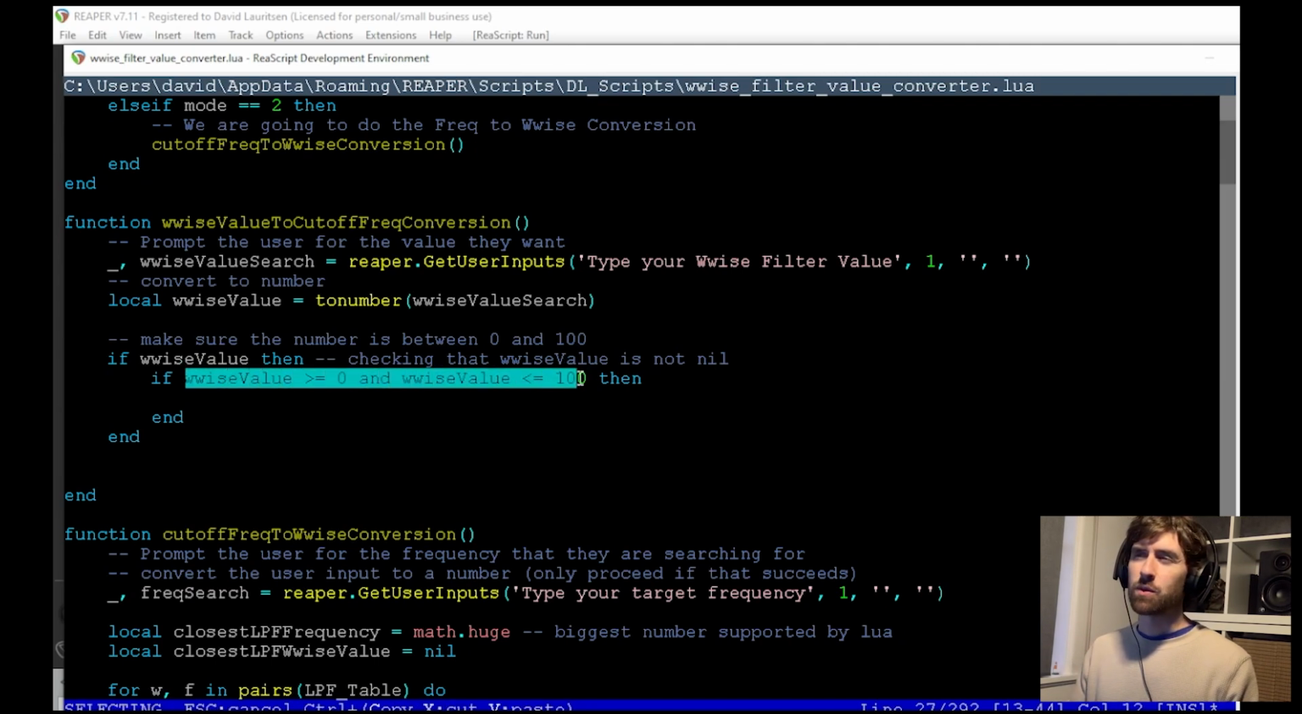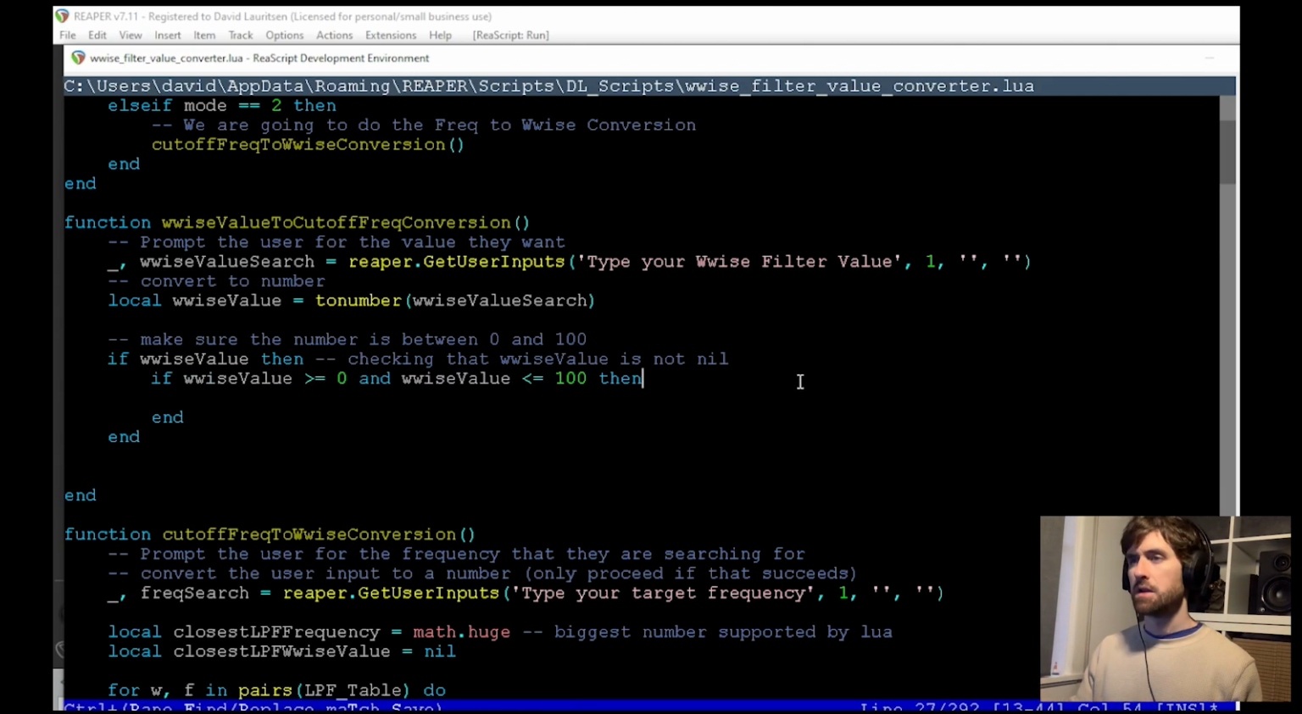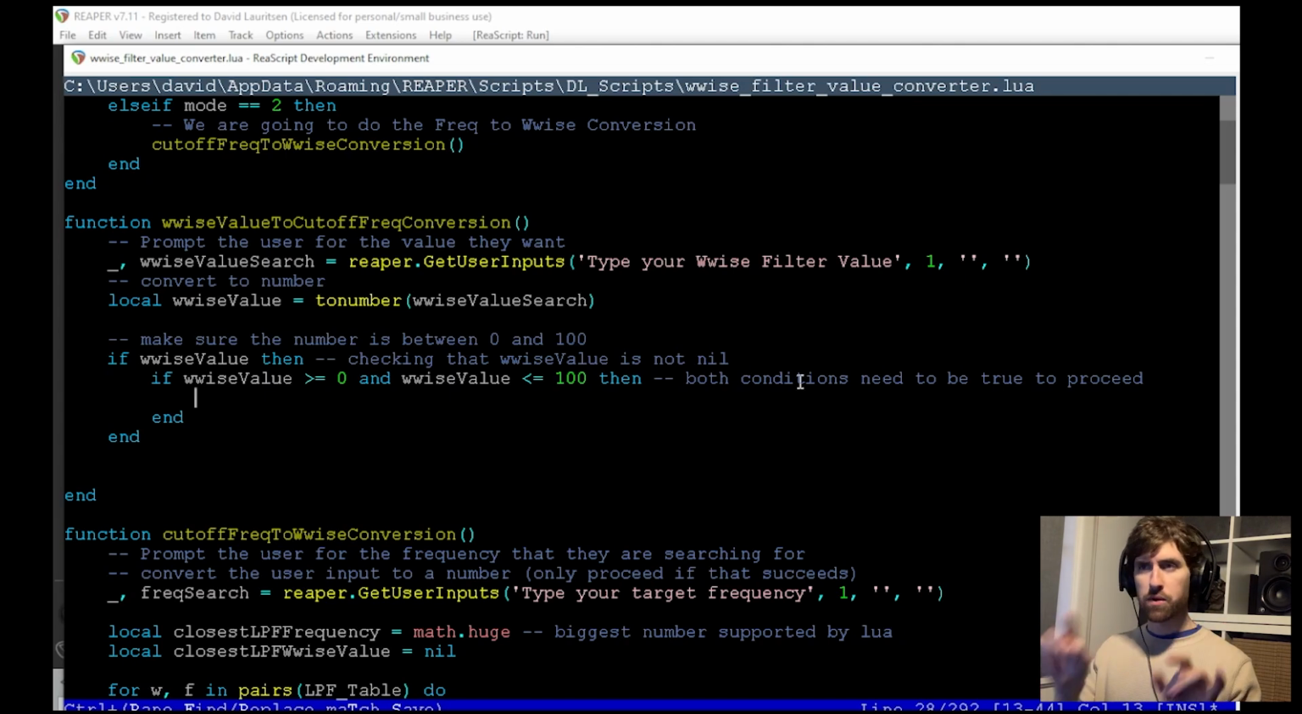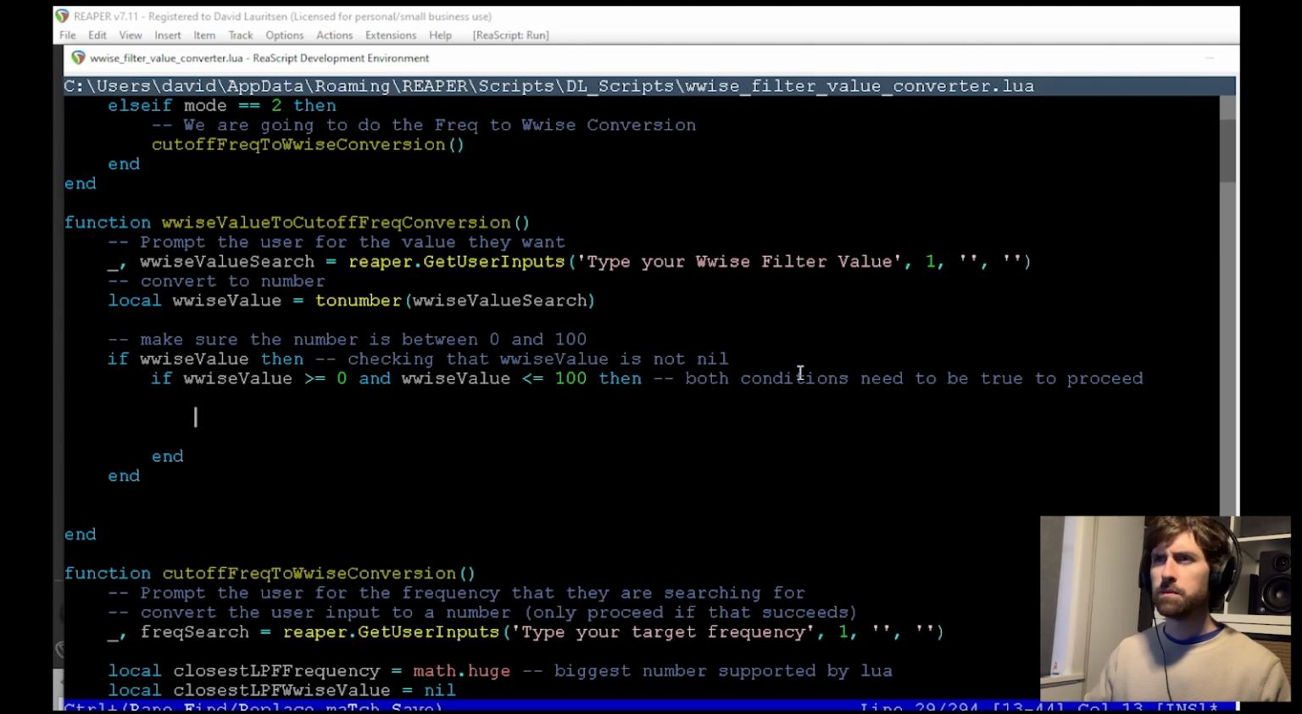Now, how an and statement works is both of them have to be true for the whole thing to be true. Both conditions need to be true to proceed. Okay, so that's what the and keyword does. Two condition statements, both of them need to be true to proceed. So the value needs to be greater than or equal to 0, and it also needs to be less than or equal to 100. Otherwise, it's not going to work. Okay, cool. So now that we've ascertained that it's in the valid range,